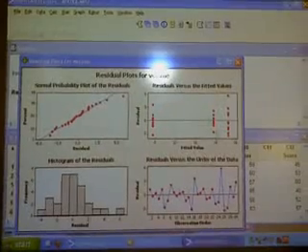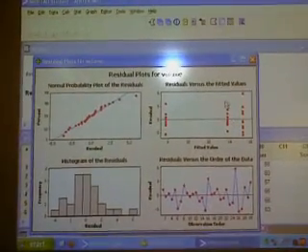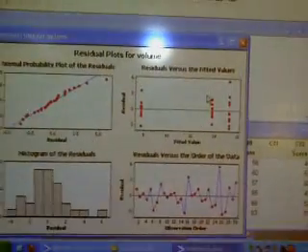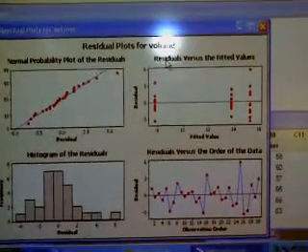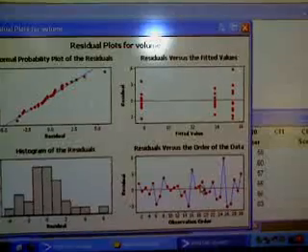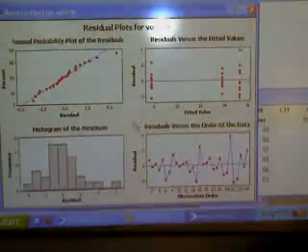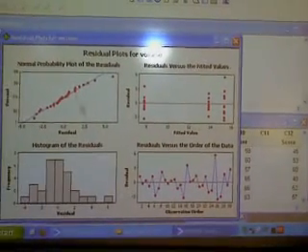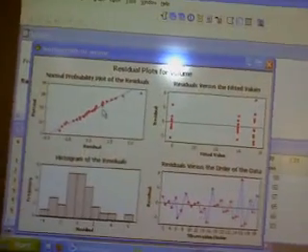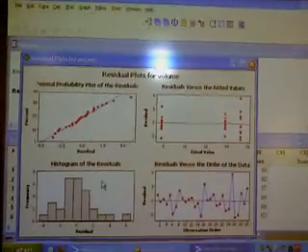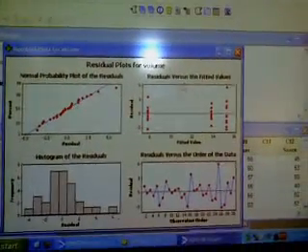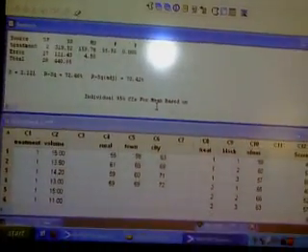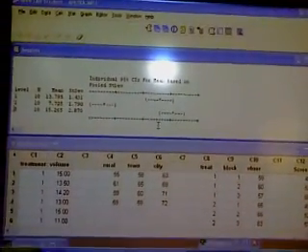It's clear. So this is the residual versus fitted value plot. The difference between the actual value and the predicted value is called the residual value. So the residual values are plotted against the fitted values. For constructing ANOVA, it will also display the normal probability plot and the histogram of the residuals. These two are very important. Based on these two figures, we can infer that all the observations are independent and also normally distributed. If you want, you can save this. Okay, that's all. The one-way ANOVA.